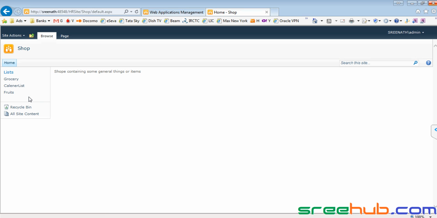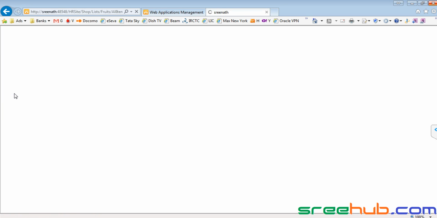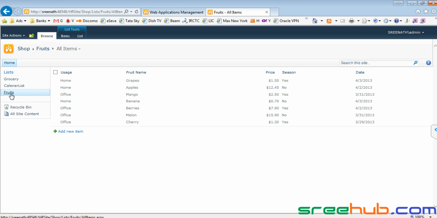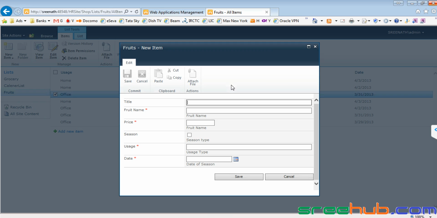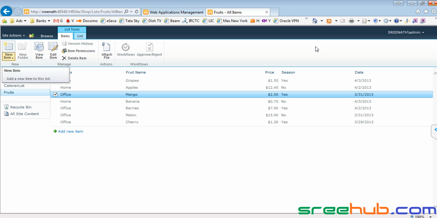That is again the same concept. It can be a page, it can be a link, doesn't matter, but here we are creating something called a link, and this link is of type list. If you want to delete a record, we always have direct items. If you want to add an item, you can add it from here, or click on New item, and it will take you to the same new item. So this is how we work with views and lists.